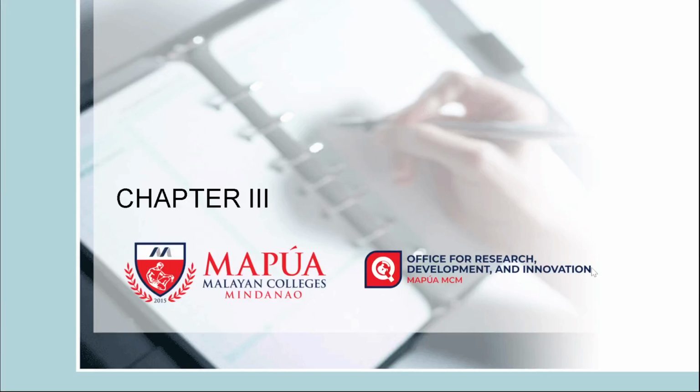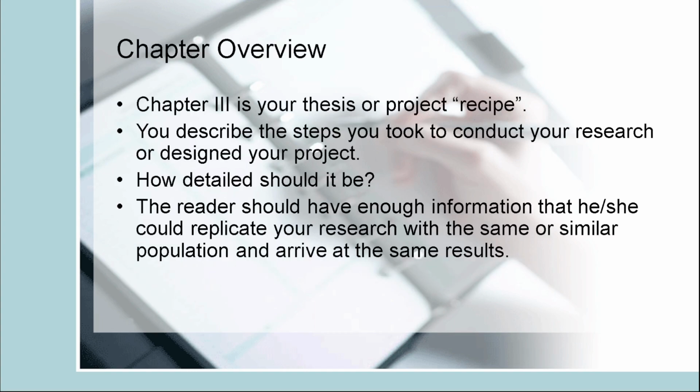So let's take a look at the content of chapter 3. What is then the expected output of chapter 3, or what are those things that you need to comply with as part of chapter 3? Chapter 3 is considered as the recipe of your research. It will discuss the step-by-step process on how you are going to complete, or make into reality, all your cited objectives, as well as everything you have placed in your chapter 1 and in your